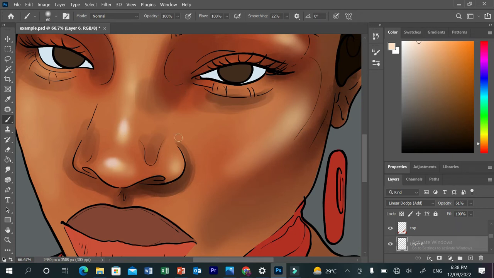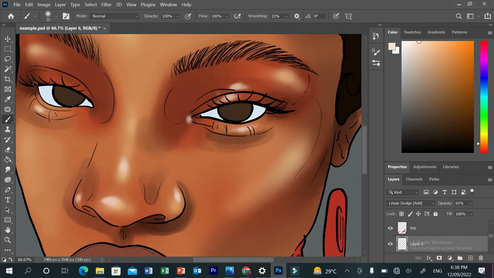And I'm going to build it up to a point, the highest point of the highlight on the nose and around the eye area. The eyeshadow is very shiny, so we want to reflect that. Underneath the eye to make her look very bright, very